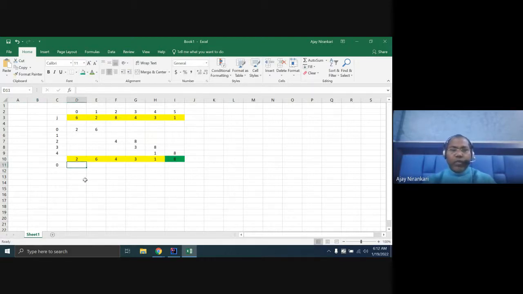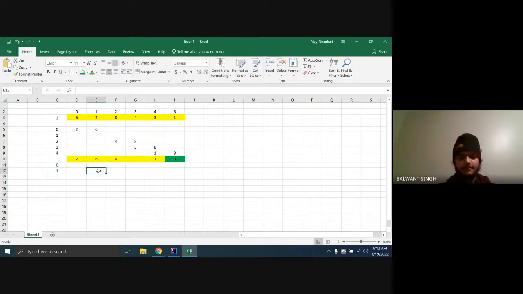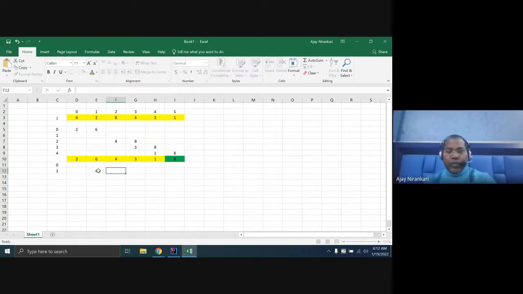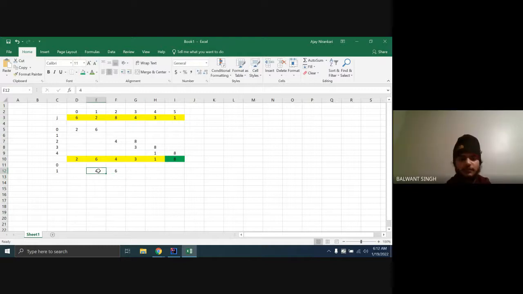So the first comparison, there is no replacement required because 2 is less than 6. Correct? Then again you check these two. Now this is the lesser and this is the greater. So here we need a swap, right? So here this should be 4, this should be 6.